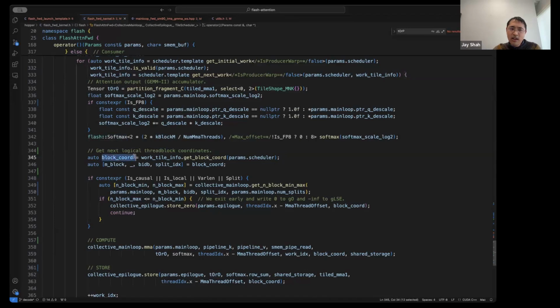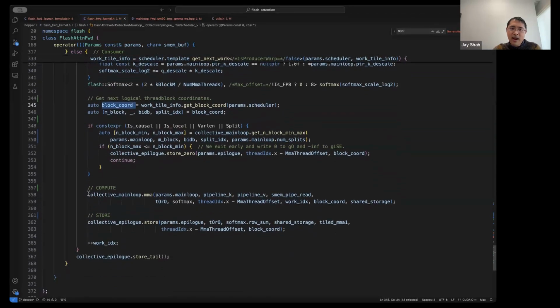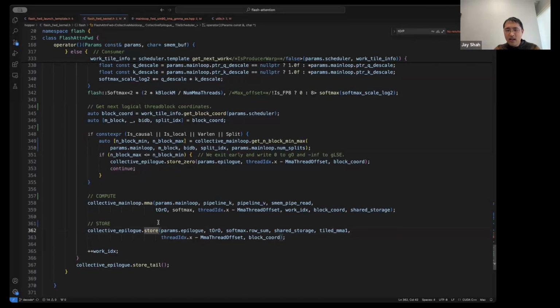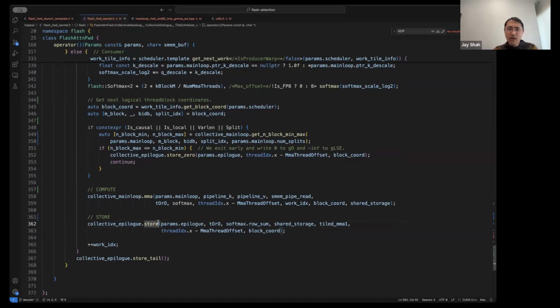I fetch the block coordinate. I use my collective main loop MMA method to do the computation, after which tOrO has the values that I want to store. Then I call the store method. So this is the overall skeleton, at the CTA level, of the attention kernel. My plan in this talk was to describe the MMA method specifically, but maybe I can ask if there are any questions about what I've just discussed.